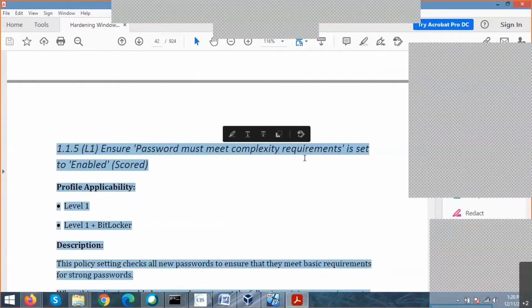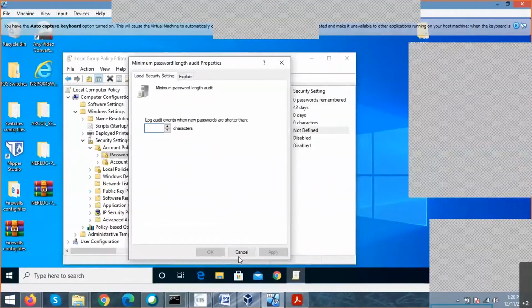Password complexity is set to enabled. In my case, it is disabled, right? That means my compliance is failed. That means if I give a simple password, it will be accepted. But what does your hardening document say? Your password should always have complexity, right? In order to avoid that headache, I gave disabled. But from a hardening and security point of view, my security is compromised. So to harden and make your compliance pass, what exactly do you have to do? You have to give enable, right? Okay. So here I am stopping this.